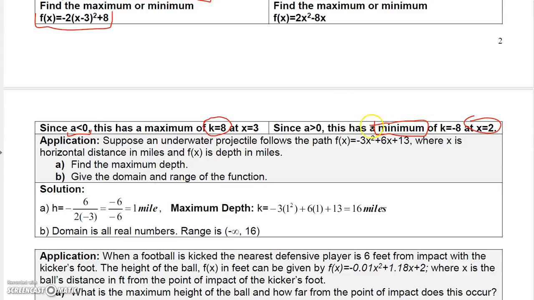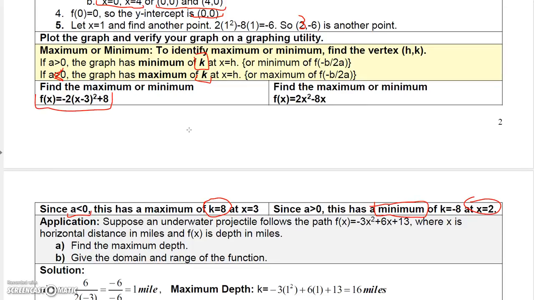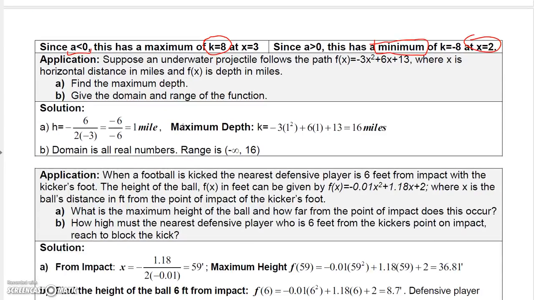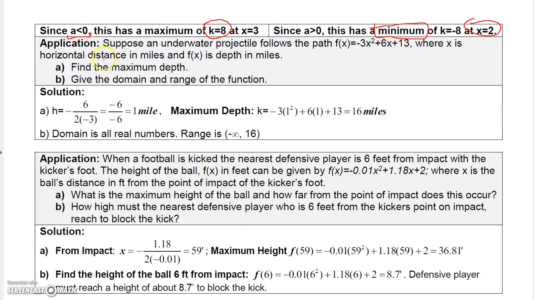So anyway, that's how you find the maximum and minimum of a quadratic function: just find the y value of the vertex. Now, a couple more examples I wanted to go over here. Here's an example of an underwater projectile that's following a particular path. And notice here the path is minus 3x squared plus 6x plus 13,